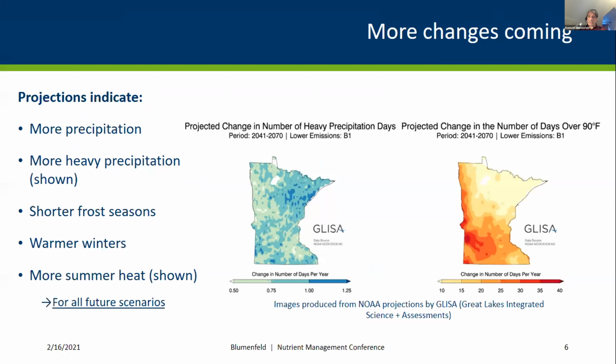Don't take the details too literally on these projections, because these are ensemble projections, and they're taking the average of a bunch of different models. But on the left, we see a typical location in Minnesota. If we think of having 1 to 2 days per year right now, typically, where you get 98th percentile precipitation, so a couple inches of rain in maybe northern Minnesota, maybe 2.5 inches of rain in southern Minnesota. And by the middle of the century, we would get on average about an extra day per year